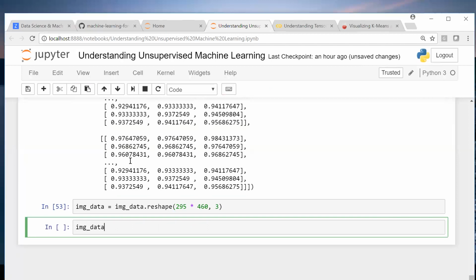Okay, image data dot fit. Oh, sorry, kMeans.